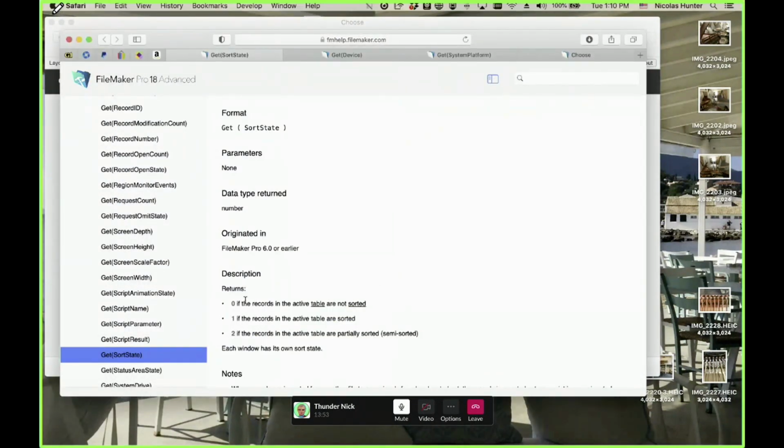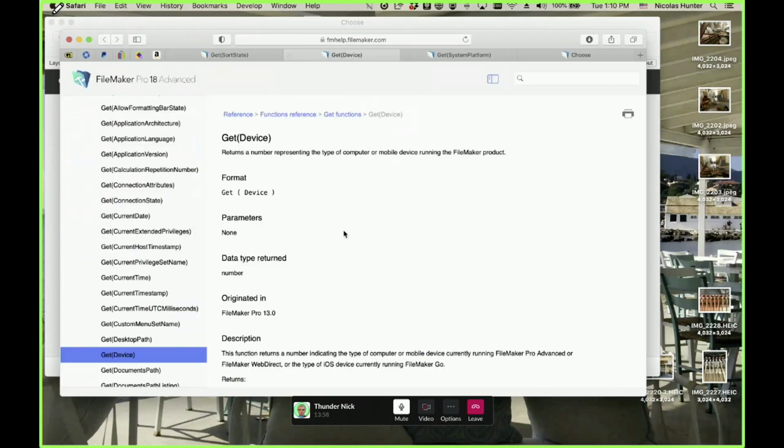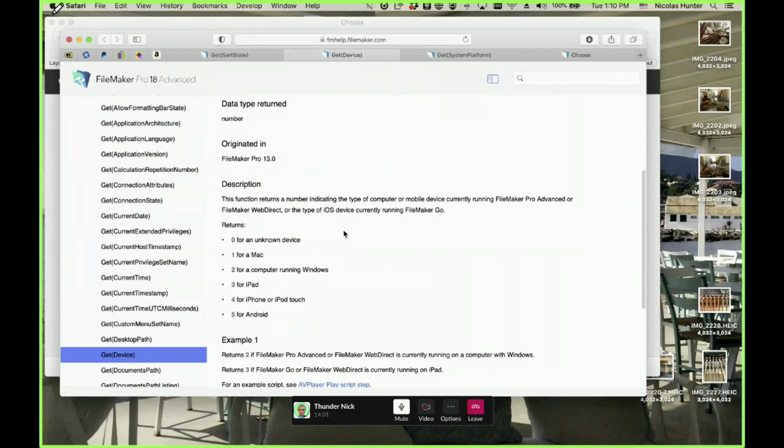Then you have another interesting one, Get(Device). Get(Device) is also an index-based function. 0 is for unknown device, 1 for Mac, 2 for Windows, 3 iPad, 4 iPod Touch or iPhone, and 5 Android. You see a 0 unknown device, and you understand that this is not going to happen. The 0 will never happen because there's no unknown device for FileMaker.